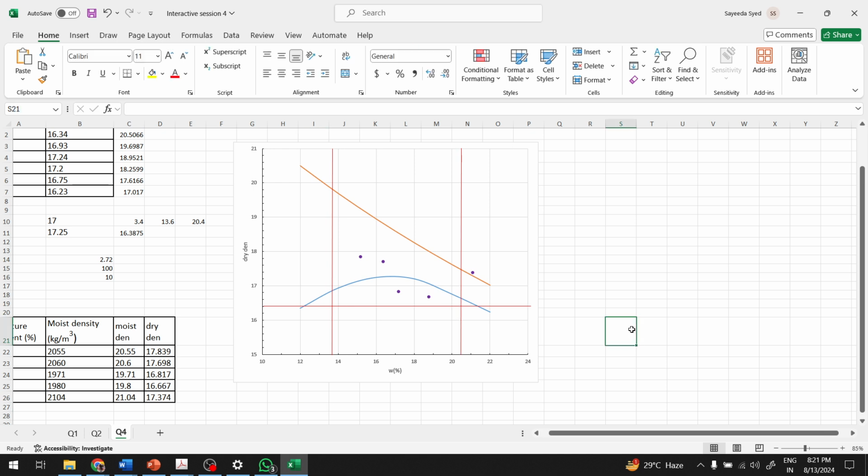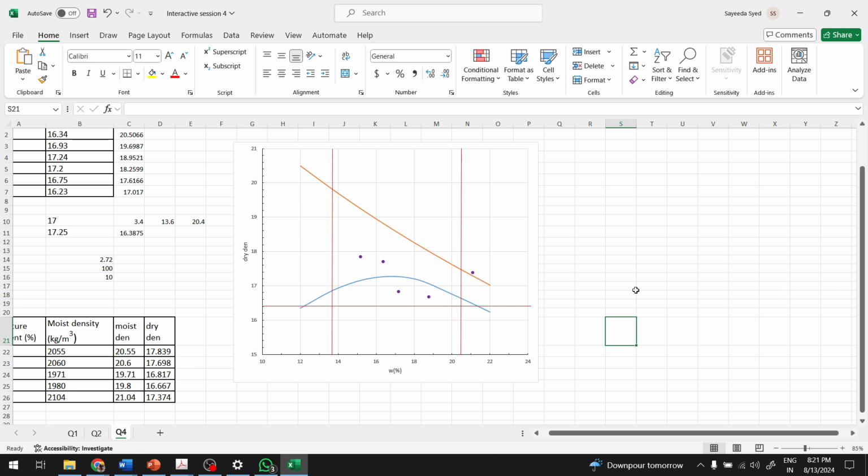So the requirement is that the moisture content should be within this, which we can see for these points, and the dry density should be above this, which we can see. But if you see here properly,